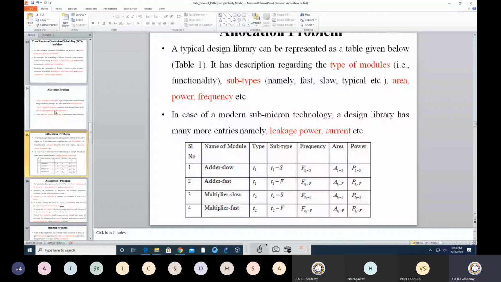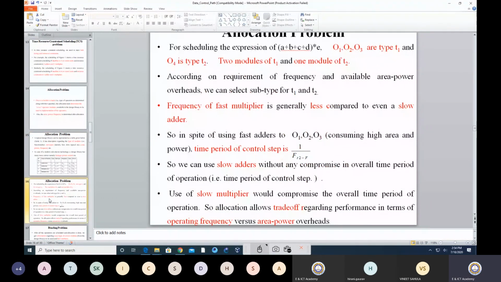Whenever I would like to pick any particular resources, the first thing I need to think about is the objective. What is my objective? Of course, if I think about speed, then definitely I will look for a faster adder and faster multiplier. If I am looking for low power, then there is a different perspective: I will think about the adder and multiplier, which may be faster or slower, but the prime objective is that it should be low power.